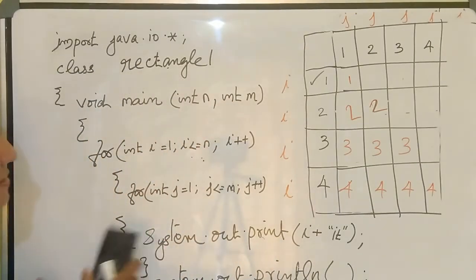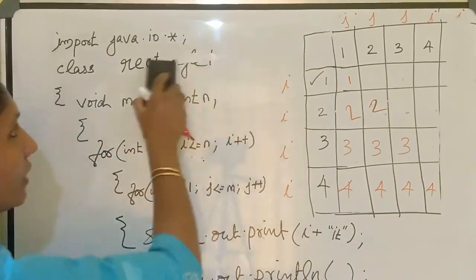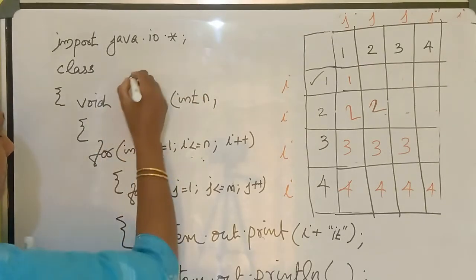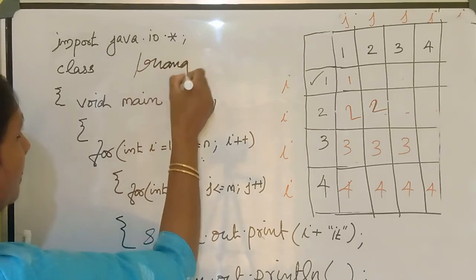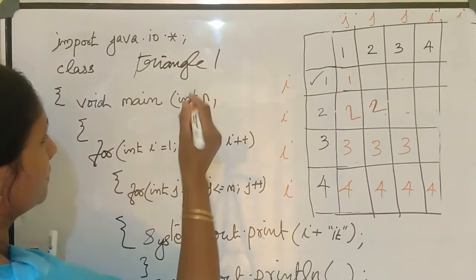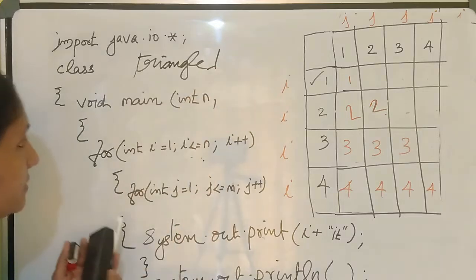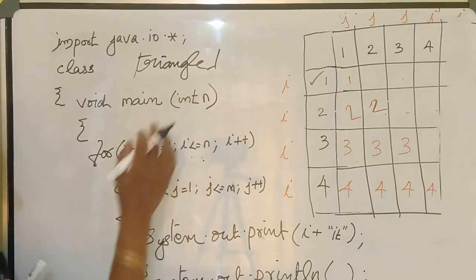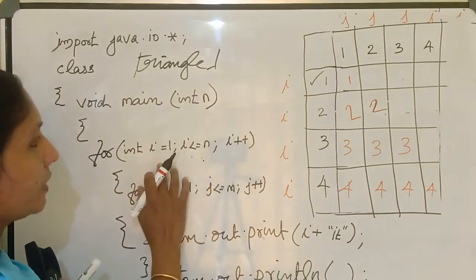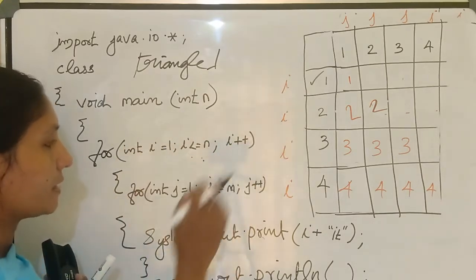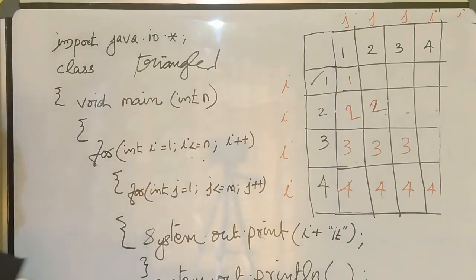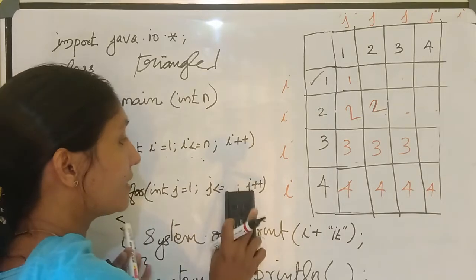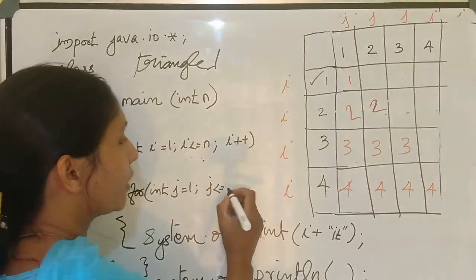How can you change it? See, we need only one argument. When you are creating a triangle shape, you write the name as triangle. If it is a triangle pattern, we can give triangle1, no space. And we need one argument, int n. Then how can you change this one? The first, this i represents the row numbers and this one represents the column numbers. And what is the limit of this one? We studied this one. j less than or equal to i.